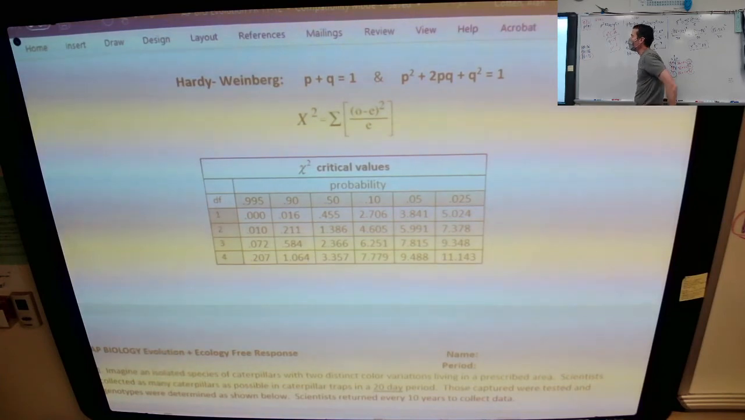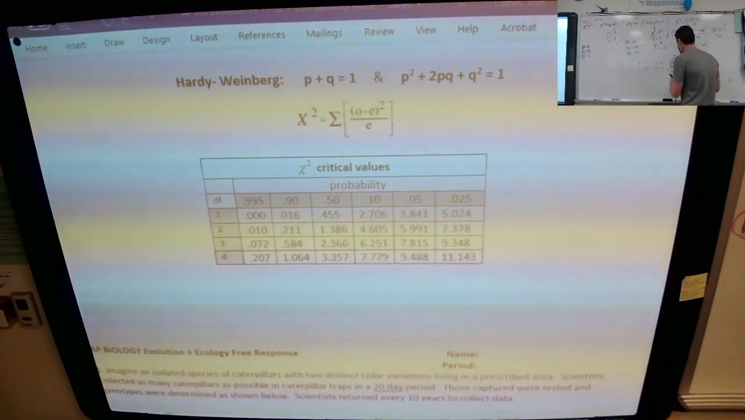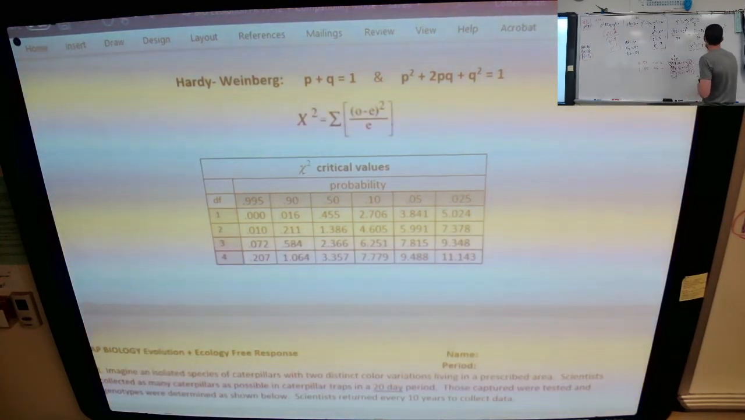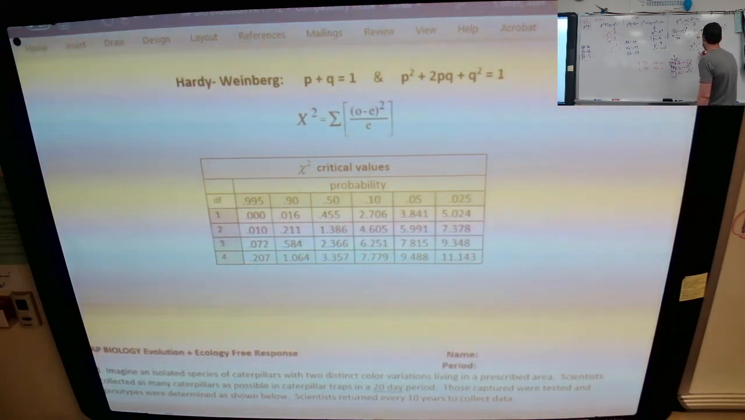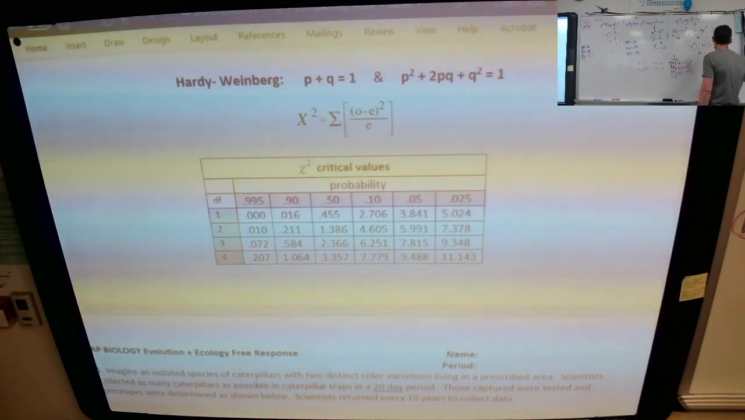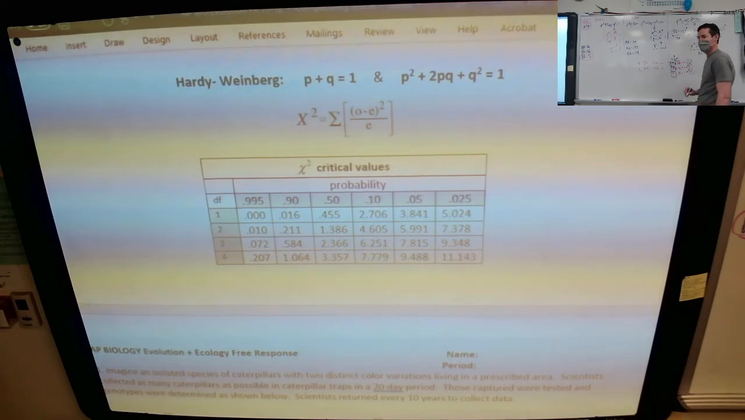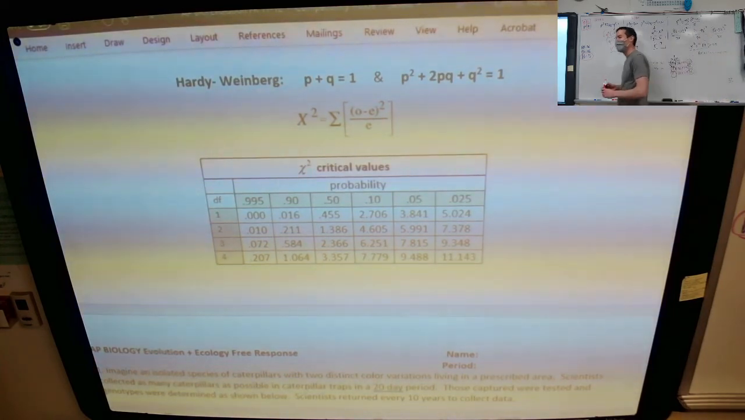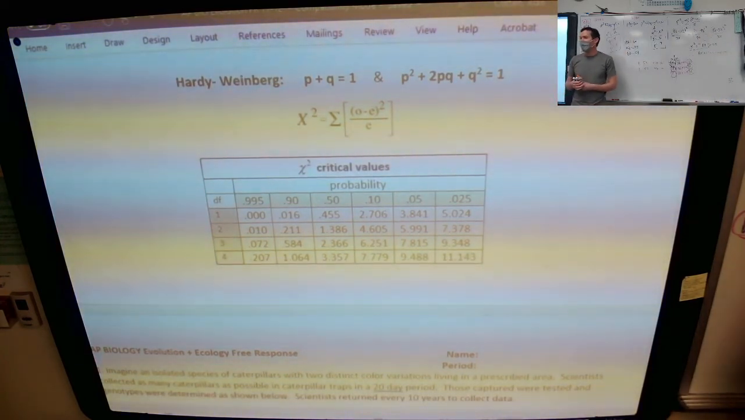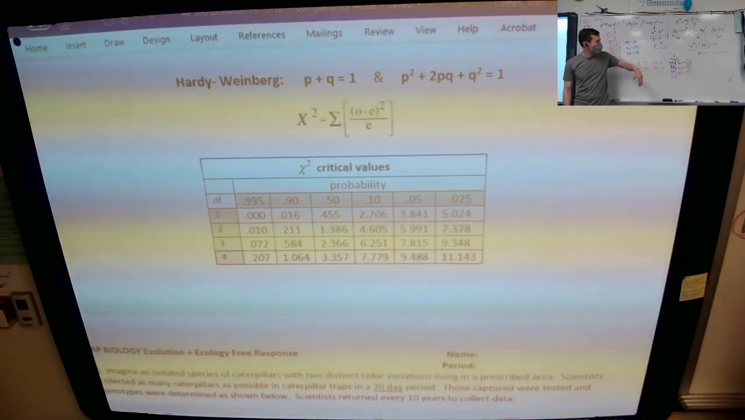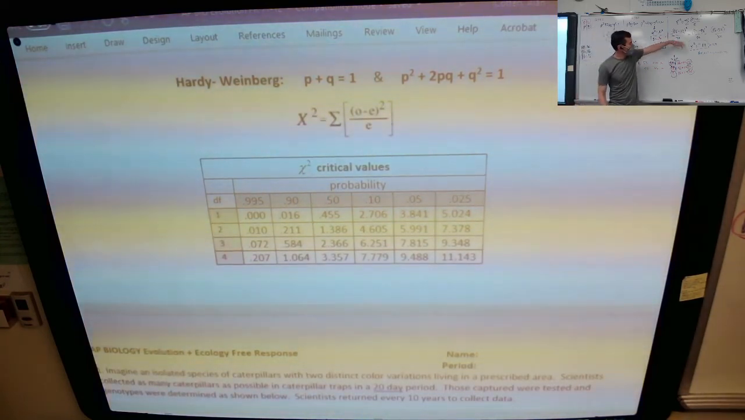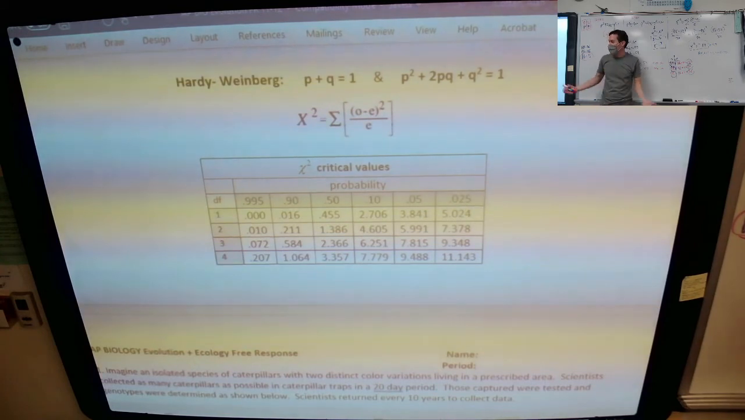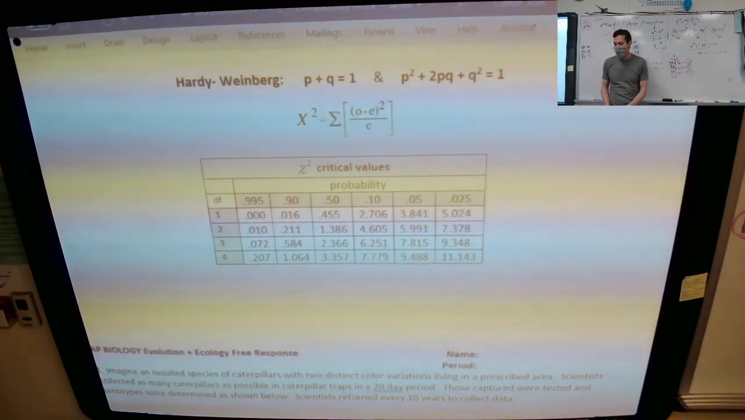So what we would say with this one is, because my number 17 is larger than 5.9, I would say that I reject my null hypothesis. If you're in a stats class, you'd have to go a little bit further and say something like, I reject my null hypothesis. The differences between these are likely not due to chance. There's probably some sort of outside force at play. Speaking of outside force at play,